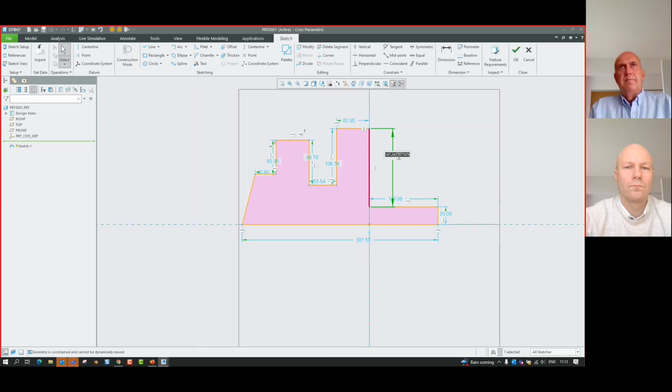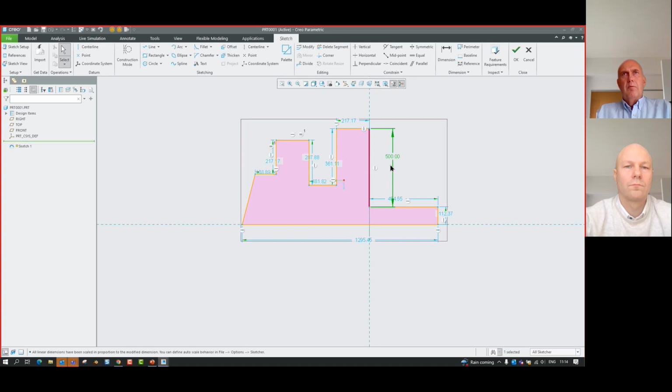So what would happen in Creo 8 and prior versions is that this geometry that I'm looking at here would not be preserved, because the aspect ratio would go all haywire, because when I make a change to this dimension it would end up being much, much larger or much, much smaller than all of these dimensions. But in Creo 9, let's take a look at what happens. I'm going to change this from around 147 millimeters to 500 millimeters. But you can see in Creo 9, the geometry that I'm looking at has not changed and the aspect ratio is completely fine. So let's take a look at why that is.